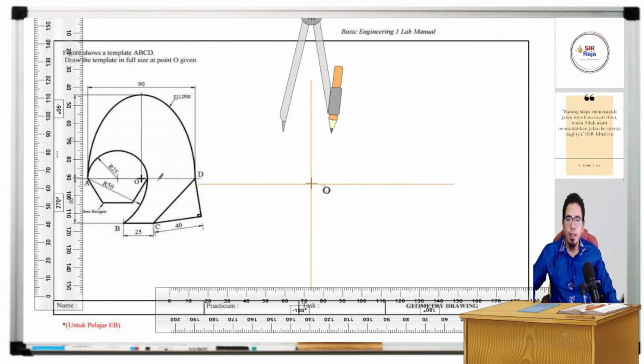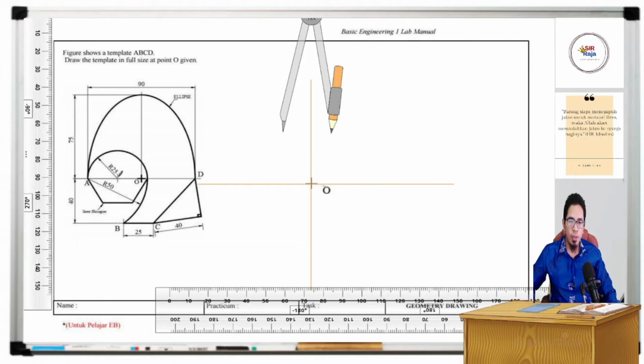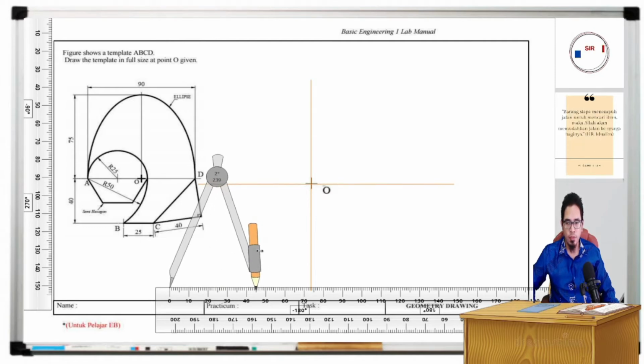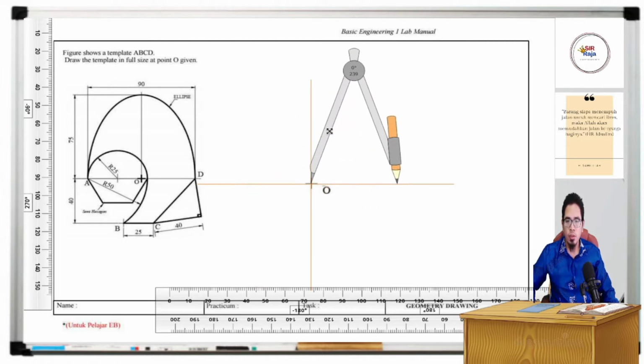Then we know from A to D, it is 90. A to D is 90. So I'm going to use these compasses here and check for 45 mm. Why 45? 90 divided by 2 would be 45. So I'm just going to mark this side